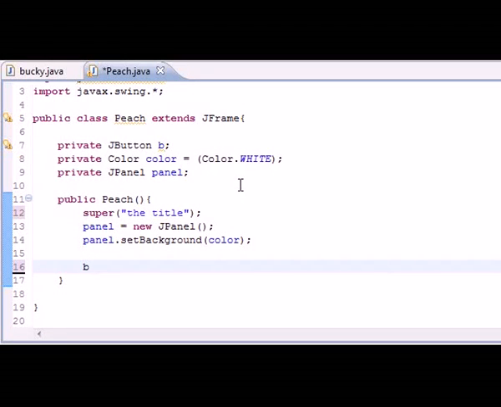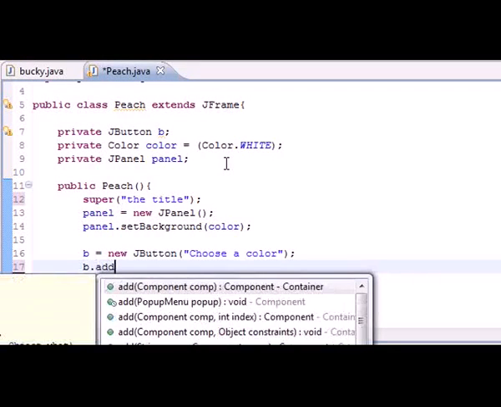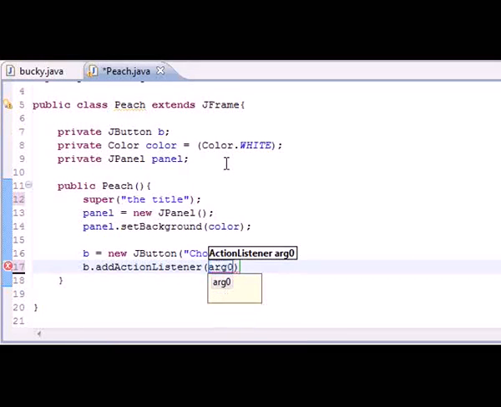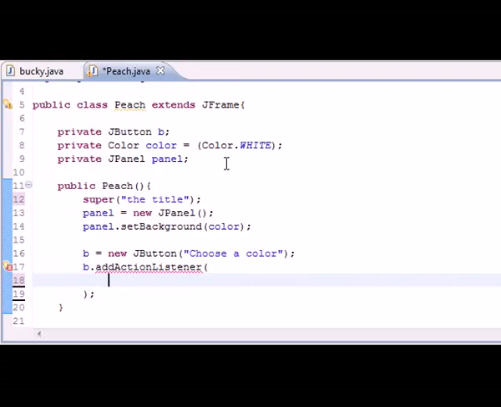So b equals new JButton. For the text on our button, let's just put "Choose a color", because when they click the button they're going to need to choose a color. So now we can add some functionality to this. So b.addActionListener right there, and as our argument we're just going to add an anonymous inner class. And let's go ahead and just put something like new Action